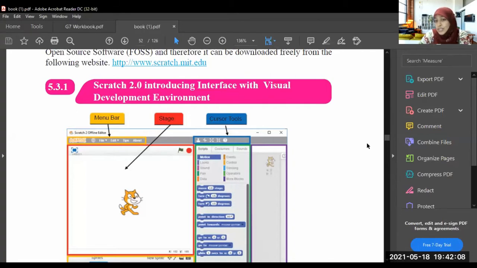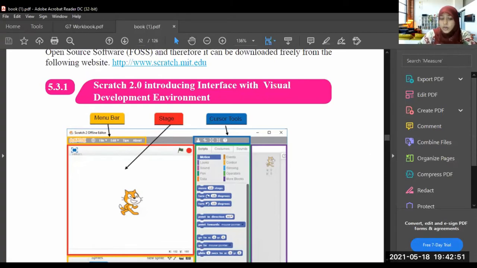No. The cartoons which we watch are not made by Scratch. Scratch is the basic programming software to develop software, a very basic one. The big games and cartoons that they make are not made using Scratch. There are other software programs to make those cartoons and games, but in Scratch you can develop small games and small cartoons.